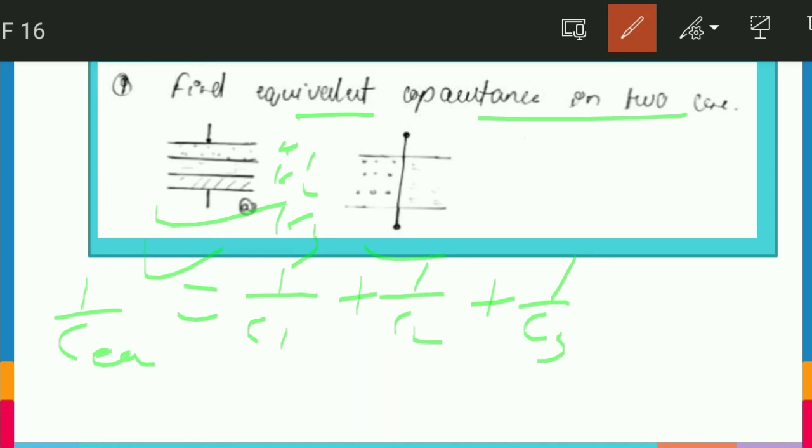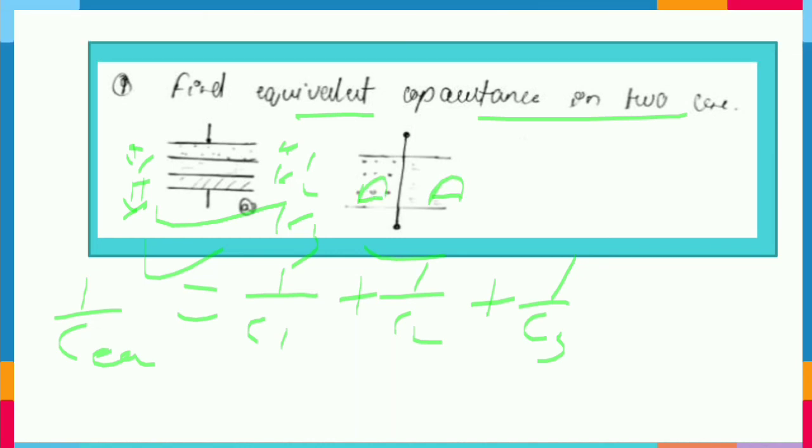So friends, you can see one thing here: the area is the same, and one thing I forgot to mention, these lengths are equal, meaning the separation between these placed plates is equal, and in this case the areas are equal. So this information makes us clear one more thing. Let's move to the next slide to calculate it.